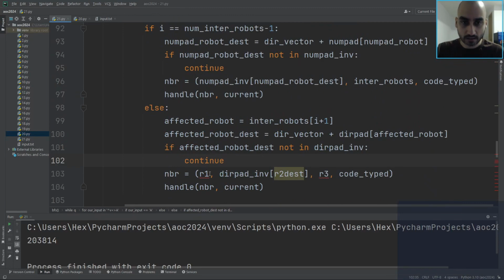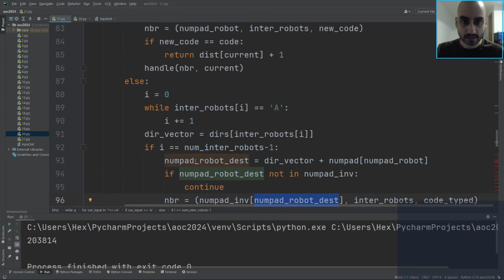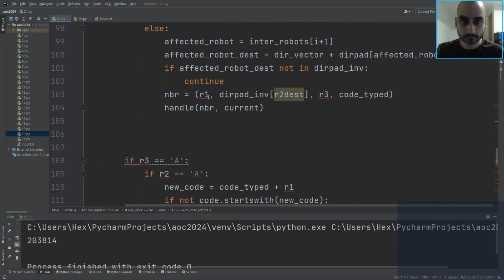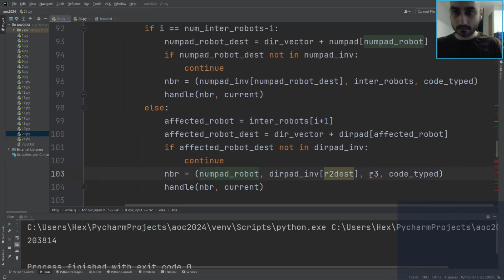Neighbor will be numpad robot stays the same. The code typed stays the same, but the intermediate